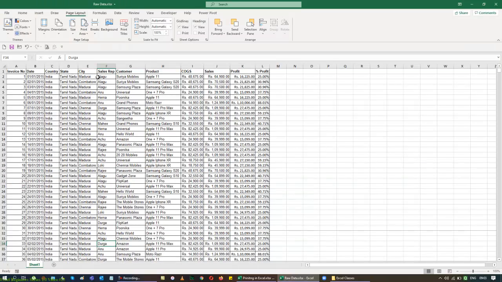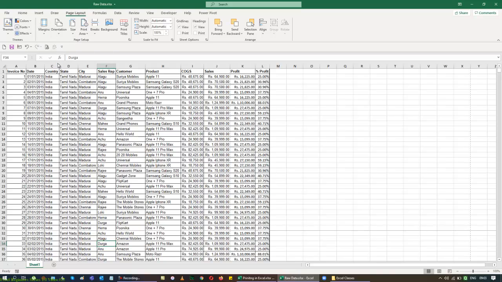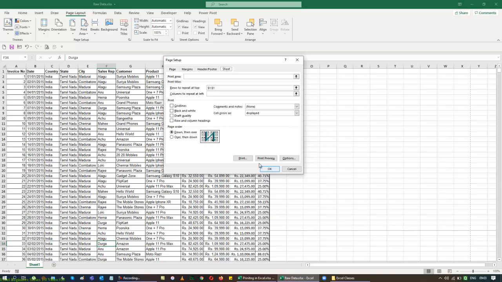So when you take a printout, keep remembering that your margin has to be normal. I made a custom margin here, so I'm going to just make it normal again. And you can set the print page area. Most of the time when we take a printout in Excel, we will set the orientation as landscape, the size as A4, a print area if required, do it, a break if required, do it, and print titles will allow you to do the rest.